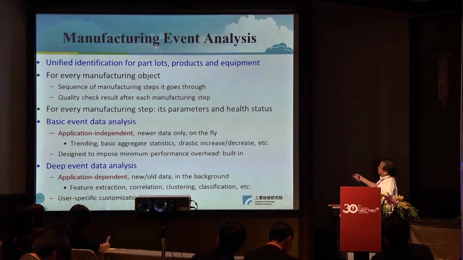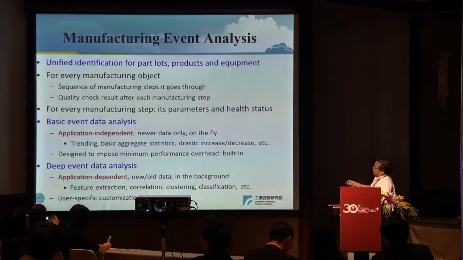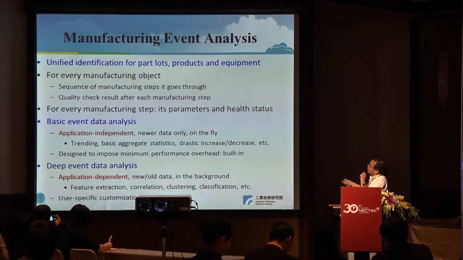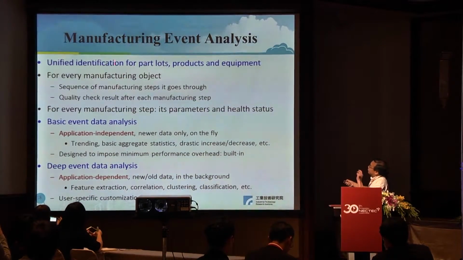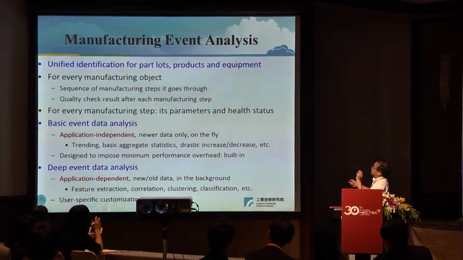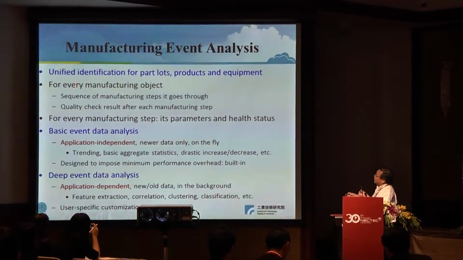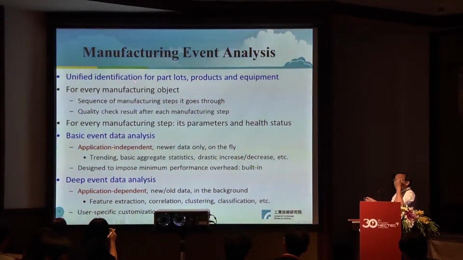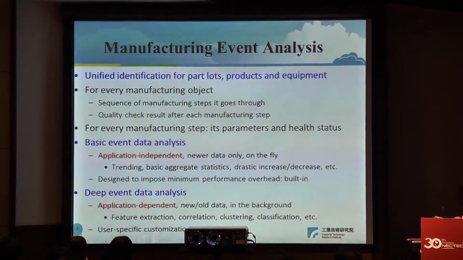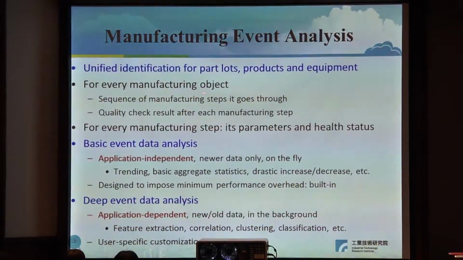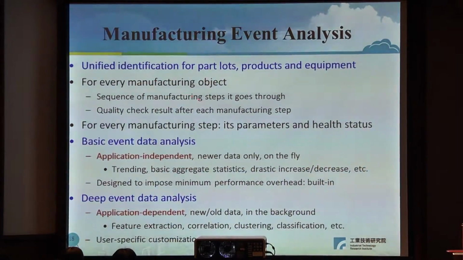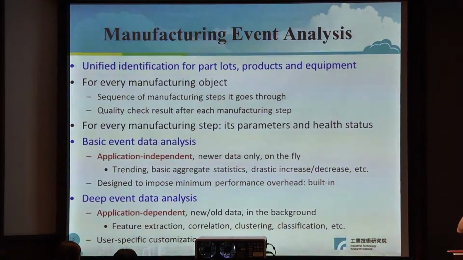And like I said, in manufacturing event analysis, the number one thing is that you have to have a way to uniquely identify each work piece, each equipment, right? And what you want to do is that for every manufacturing object, either an equipment or a work piece, in particular a work piece, you want to know the sequence of manufacturing steps that it goes through. So imagine that you are talking about a shoe, let's say,